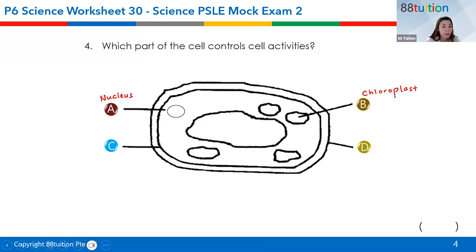Okay, someone is coming in. All right, what is C? Okay, cell membrane. Very good. And then what is D? Cell wall. So which one controls cells' activities? Well, it's like the controller, right? It's like the brain. What is the answer? Definitely it is A. Kian, I think it will be accepted. I don't think this word, right? Nucleus with the A is inside. Okay, yes, Tommy. Yeah, so it will be given.